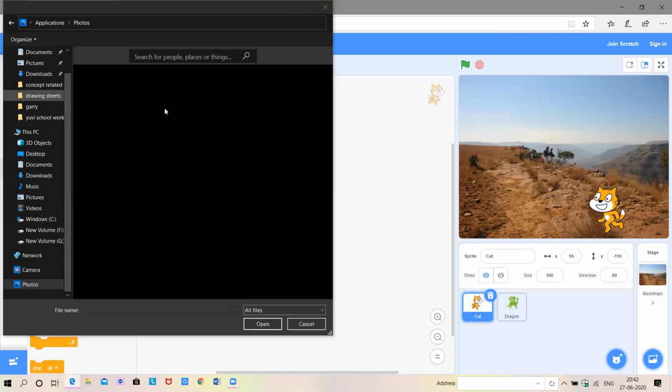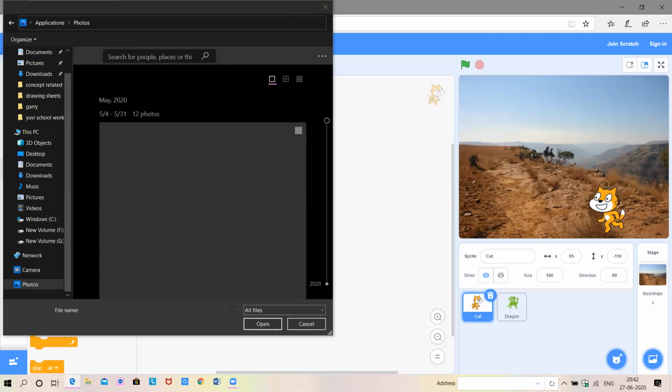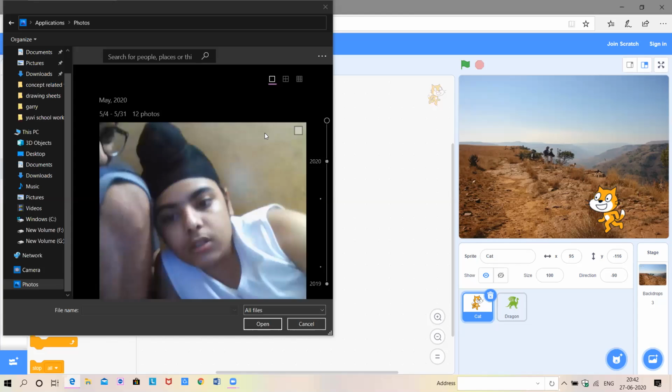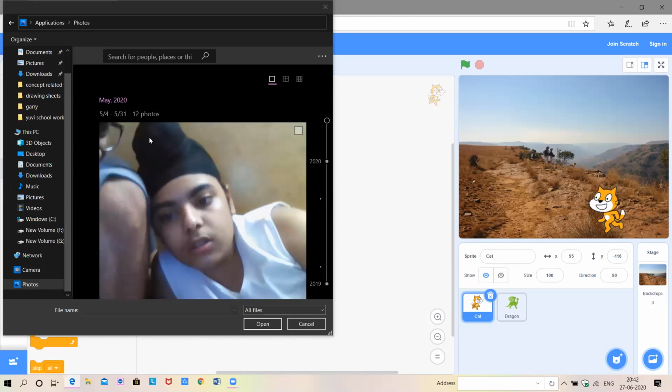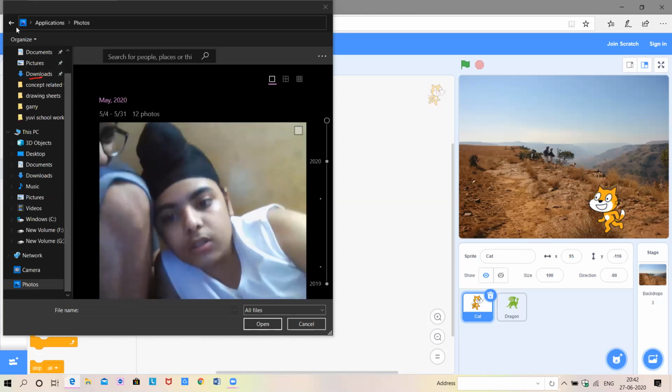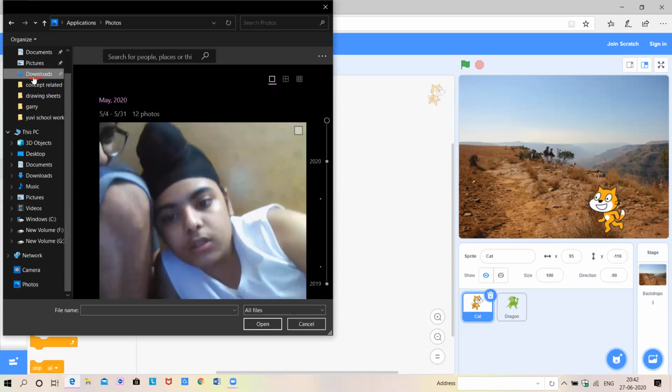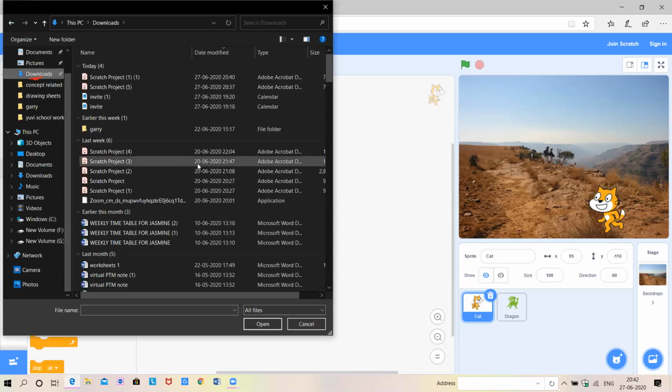Okay. Wait. Go to Downloads. Do you have a Downloads? Go to Downloads over here. No, over here, Downloads. And when did you work on Scratch? Just open one of these.